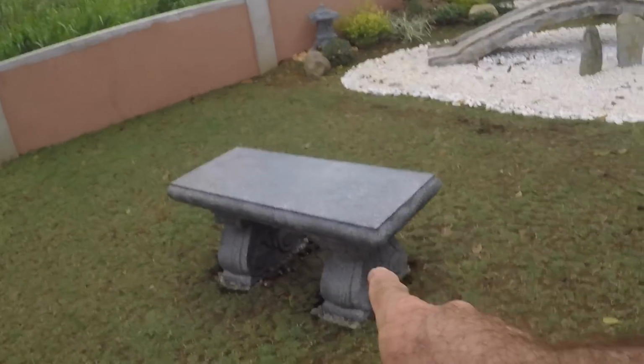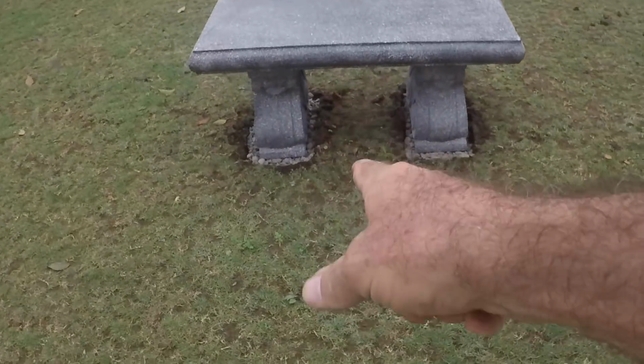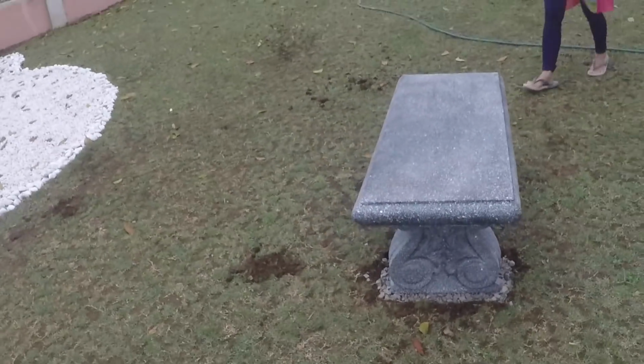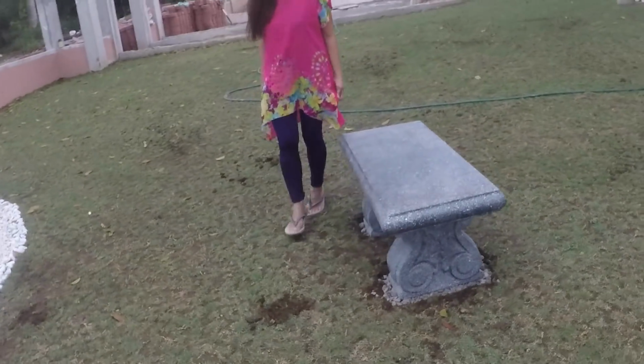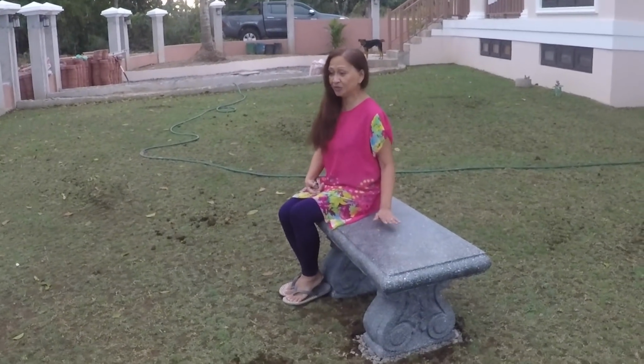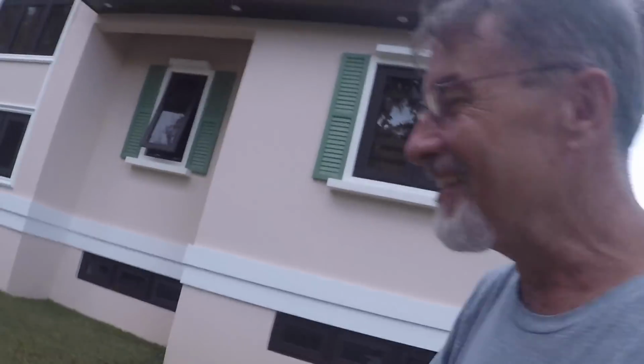Also, you did not see, because I was so busy and my battery was dead on the GoPro, but Ness has her new bench in place. I put the gravel down. Well, I didn't get a chance because the Ironworks team came today. Good. Let's see what it looks like. Ness, you are going to model. No, you should be here. Not complete without you. Okay, all right. So anyway...